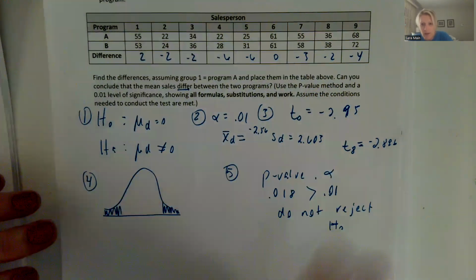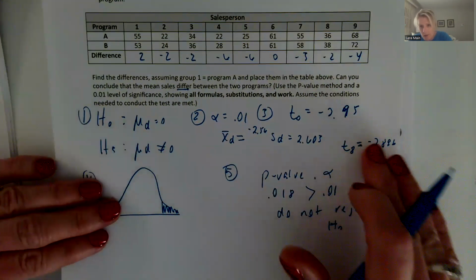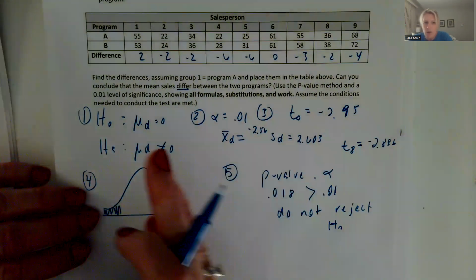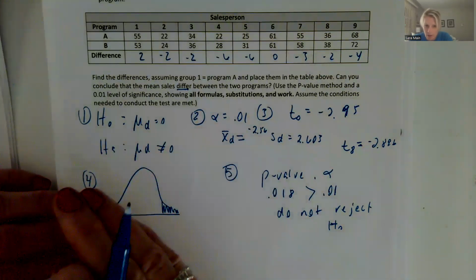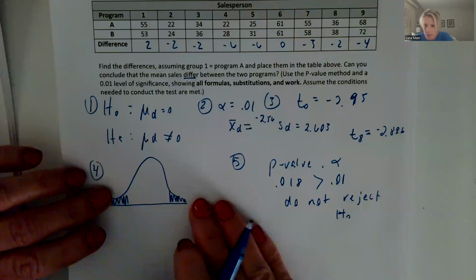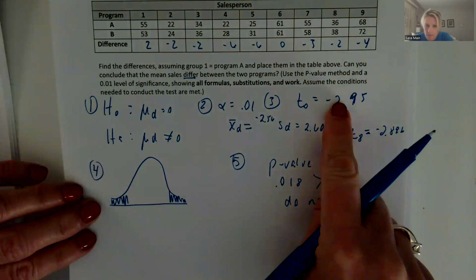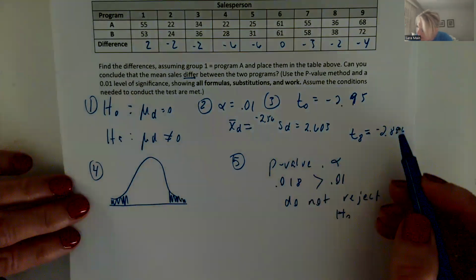So if you have a greater than as your HA, then you have to use the positive of your T critical value. If you have a less than left-tailed test, you have to use the negative critical value. So make sure you're thinking about that. This is a two-tailed, so because my critical value or my test statistic is a negative 2.95,